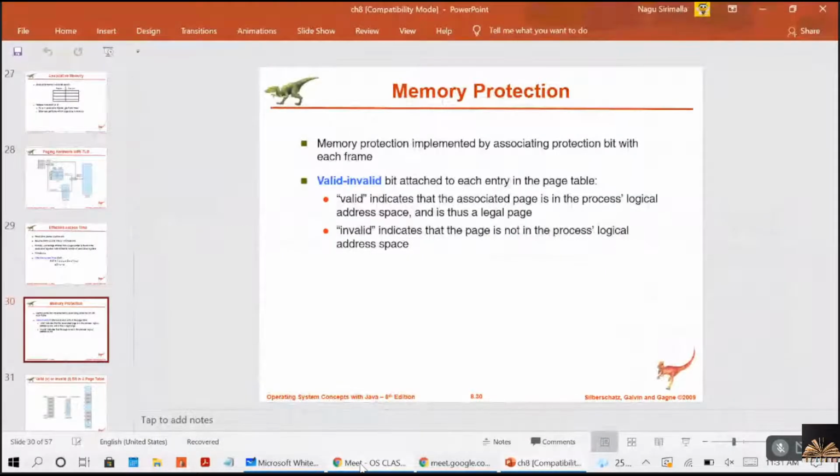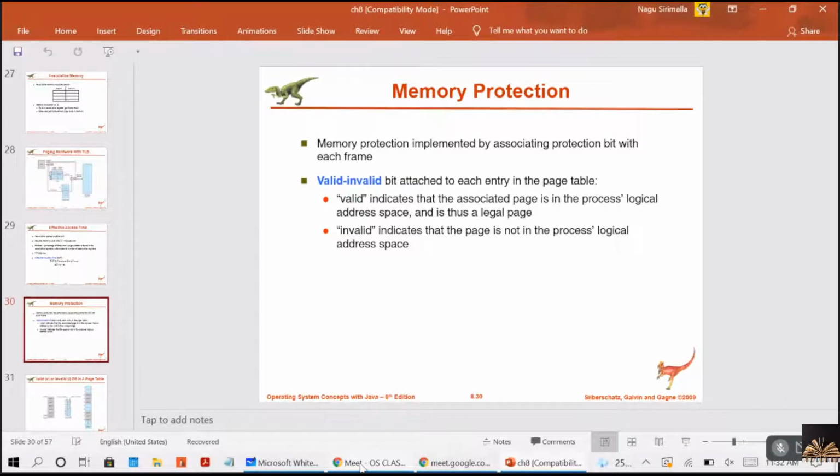So coming to this memory protection, how can protection be provided in the paging environment? Memory protection in the paged environment is accomplished by protection bits associated with each frame. If you see the page table, you will have another field called the protection bit.